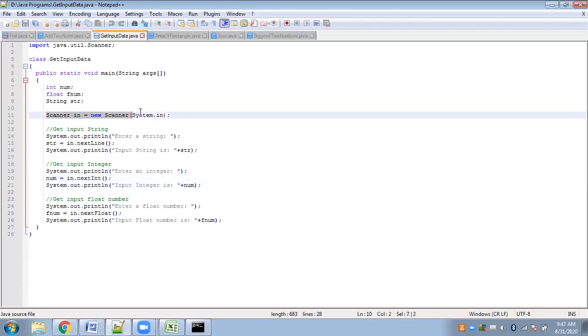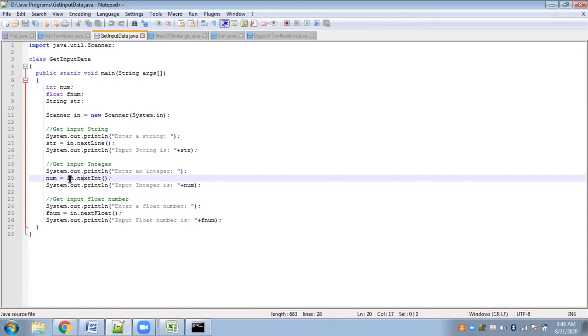In this statement. Now using this object of the Scanner class, I will access all the methods of the Scanner class that will be required for my program. So first I have used the nextInt method. This is how you access it: in, that is object dot the method name.